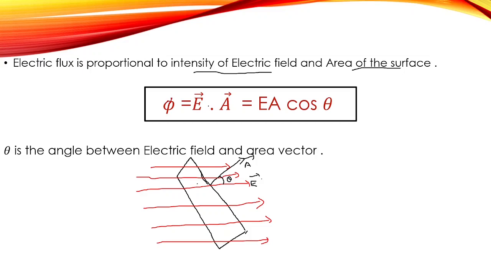There is also one more reason. If you take components for this figure, we can take components of this electric field. The components of the electric field will be E sin theta and E cos theta. Here we are going to take only the component that is in the direction of the area vector. E cos theta is in that direction, so we are only considering E cos theta. That is also one of the reasons that we are taking a dot product here.